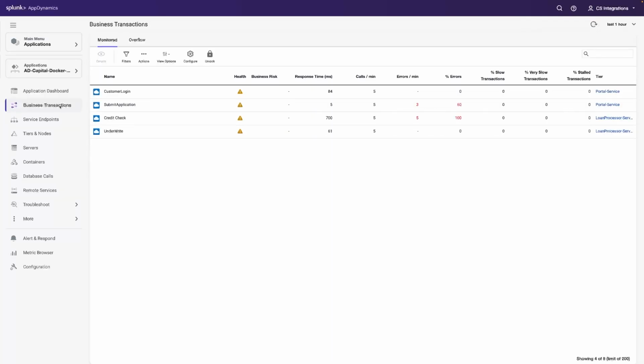What we're going to do next is click into business transactions and do some drilling in there. As I click into business transactions, you can see a list of the core business transactions for this application, AD Capital Docker, Ohio. Business transaction is a core feature of AppDynamics, and business transactions is how users interact with the application, so it's a key indicator of the health of the application. That's why we measure business transactions for their health. Under business transaction options, you can see a list of the business transactions for the application that we're looking at now,